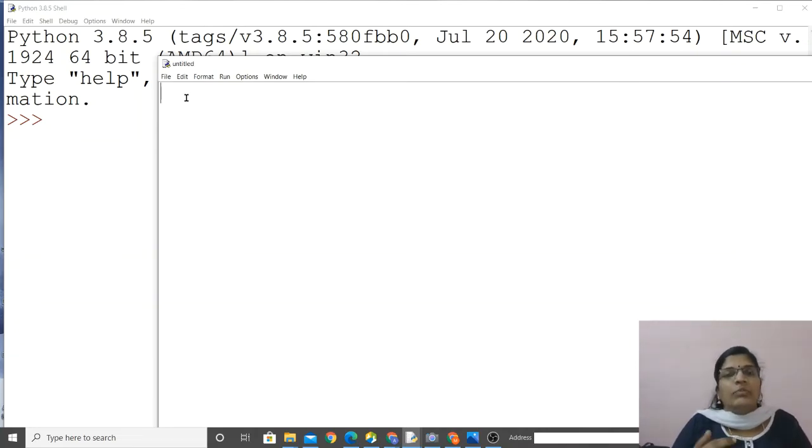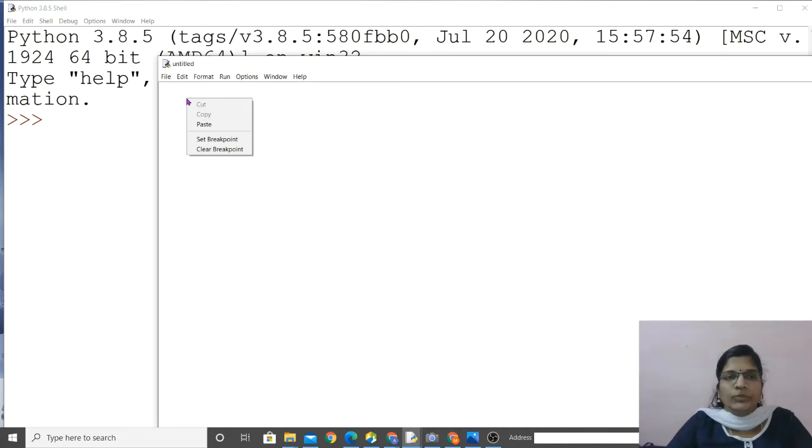The user will give two numbers and the computer has to check which number is greater, so we have to give a condition: if A is greater than B. Two numbers are taken as A and B. If A is greater than B, then it has to display A is greater than B. If the condition is false, then it has to skip and go to the next set of instructions, that is the else part. In the else part, whatever is given, it has to execute. Got it? Okay, let me start writing.